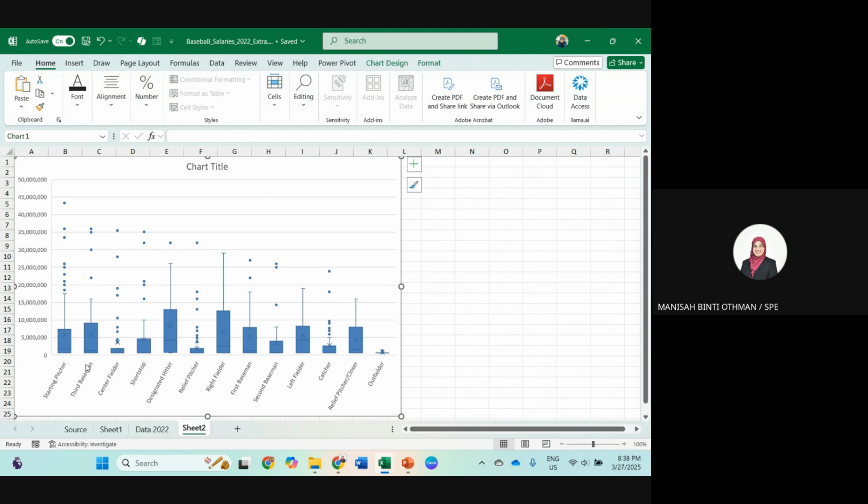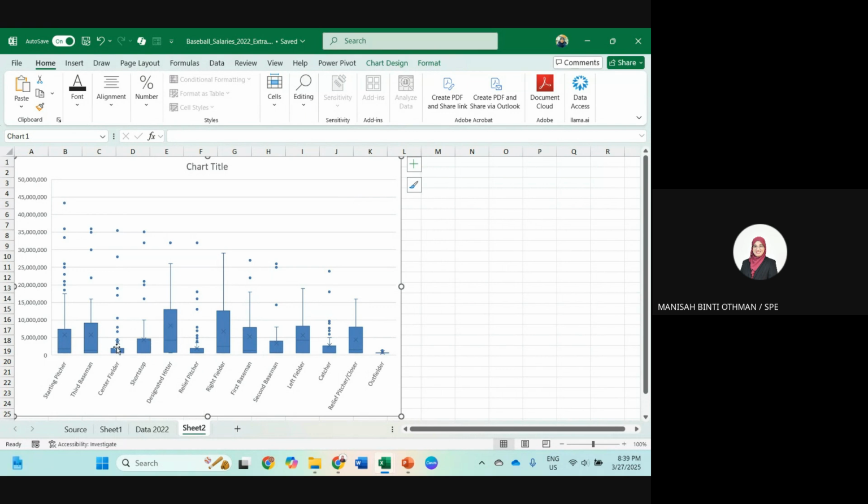Look at the starting pitcher. The right fielder has the highest maximum salary. But you can see the average salary for every position.